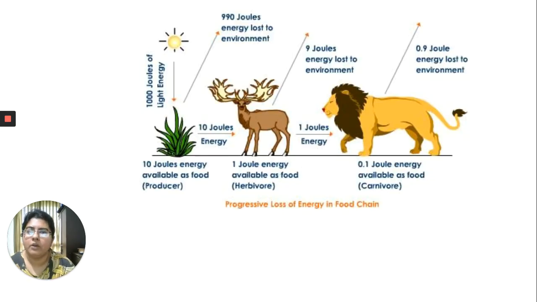Okay. This is another example. You can pause the video and take a look at how at each stage 10% of energy is being passed and the remaining 90% is lost. So finally you see that the top predator gets very little amount of energy when it hunts the primary consumer. That is why the ecosystem will have very few predators, because if too many predators overcrowd in one ecosystem, they won't get enough food. So from this example, you can just say that the lion gets only 1 joule of energy from each deer.